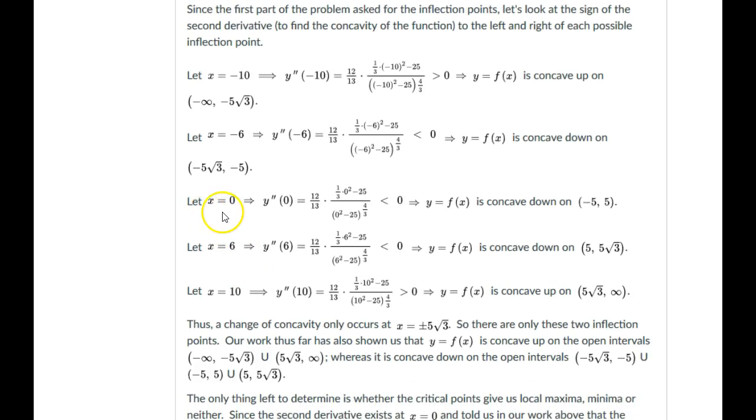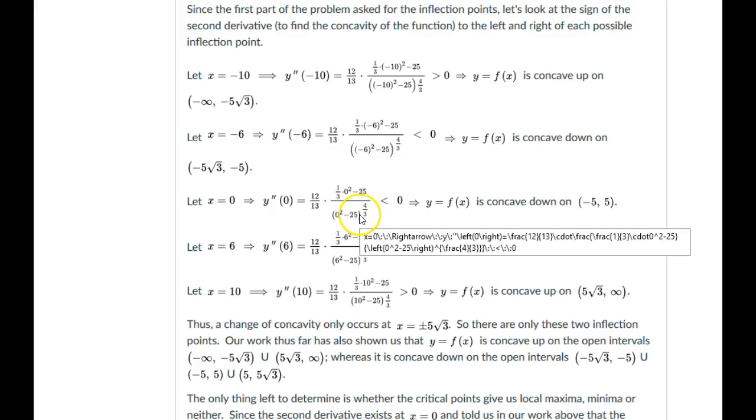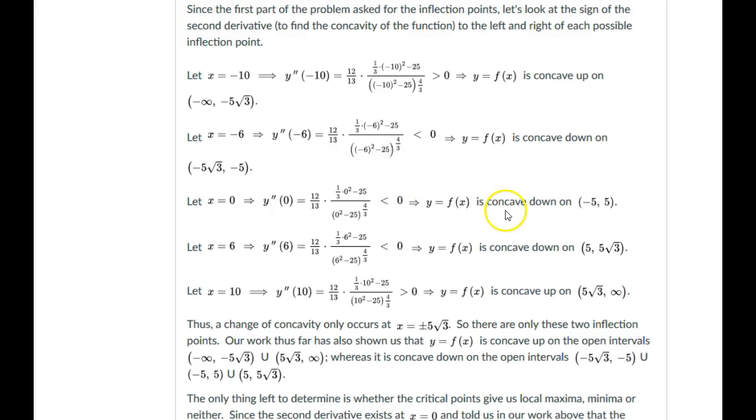Okay, I'm going to check between −5 and 5, so I'm going to choose x equals 0. I chose that one because it's easy, and also because I know that's a critical point, so it's going to tell me something about whether that critical point is a maximum or minimum. We'll talk about that in a second. So second derivative at 0, plug in 0, that's certainly negative. Minus 25 is negative, the denominator is always positive. (−25) to the 4/3 power is positive. So that's a negative number, it means I'm concave down. So it does not change concavity, but we wouldn't expect it to because